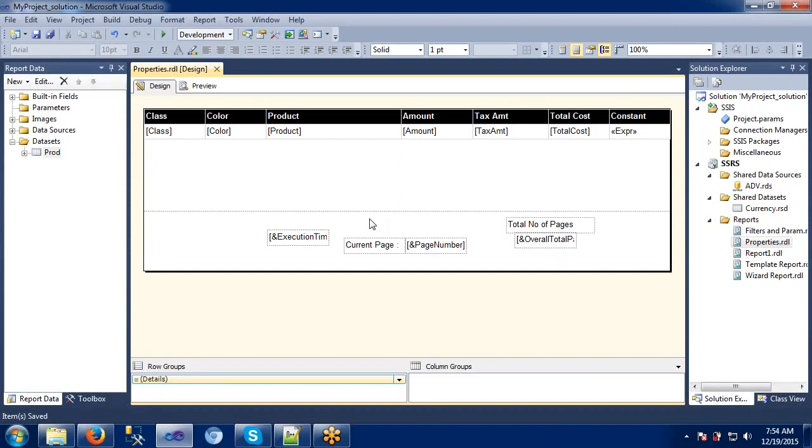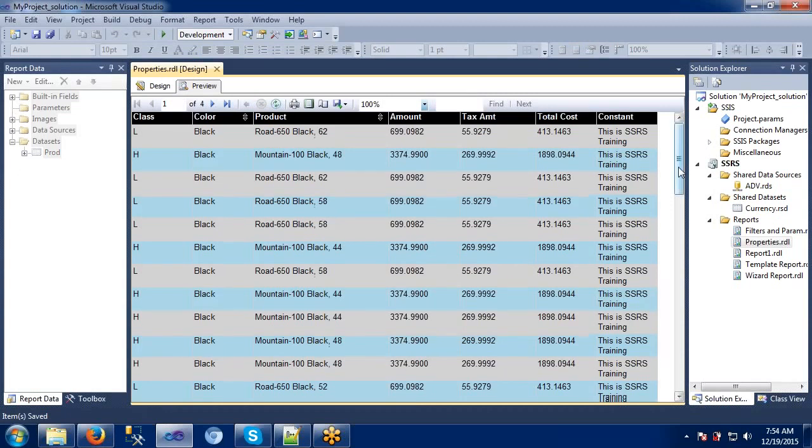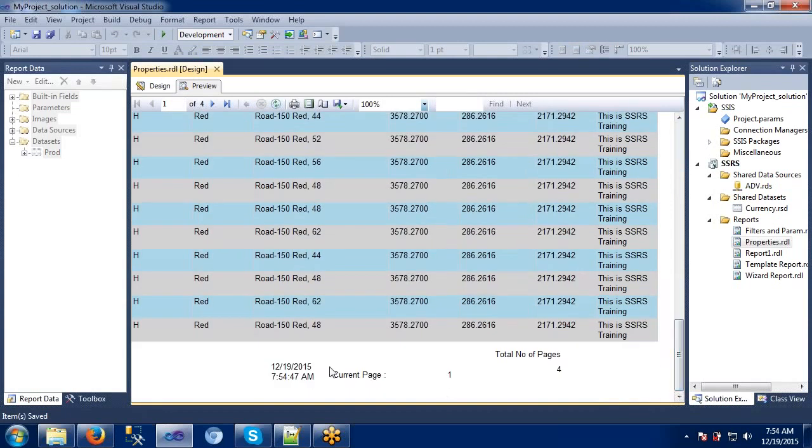Just to understand the end user point of view, I have just given it like this. So now the report should be fine. This is the system executed time, this is the current page, and total number of pages here. So like this we can use built-in fields in our expressions.